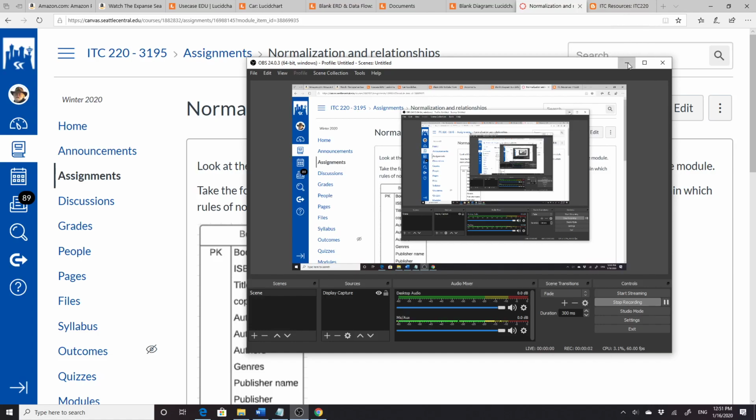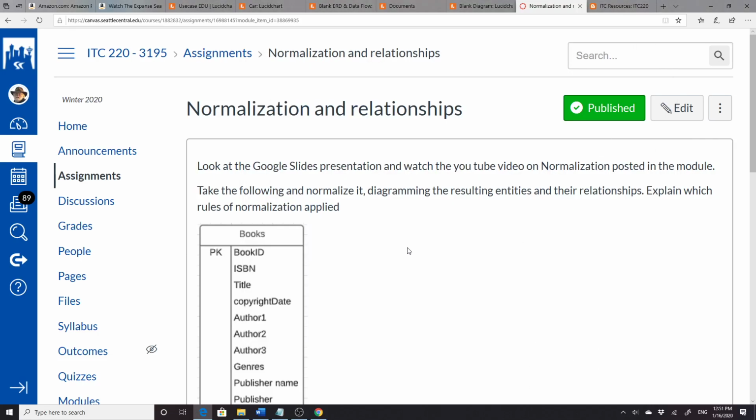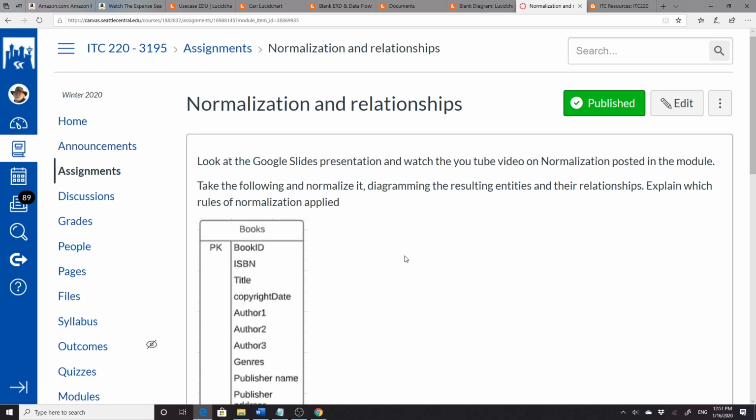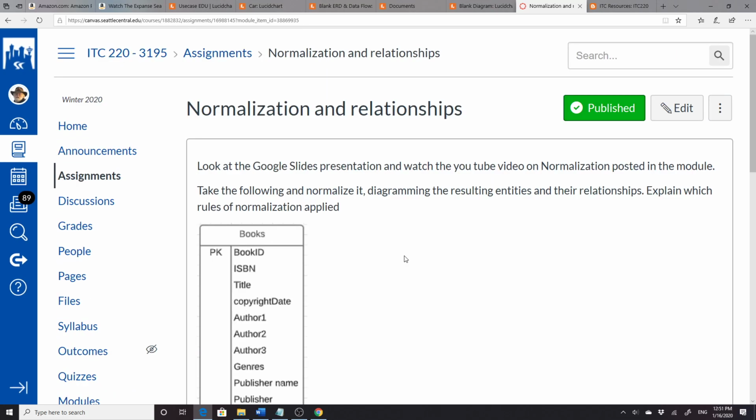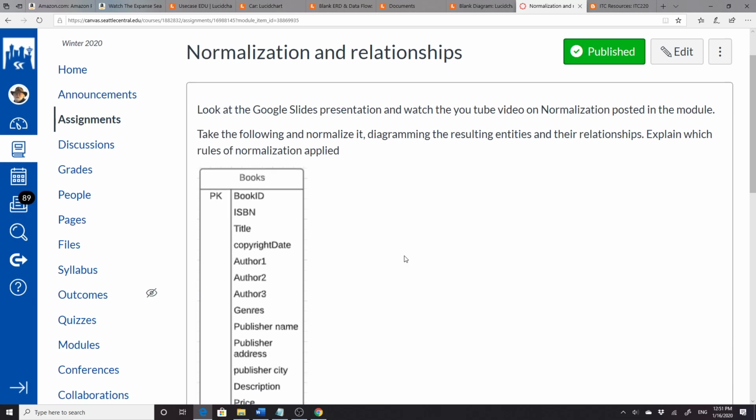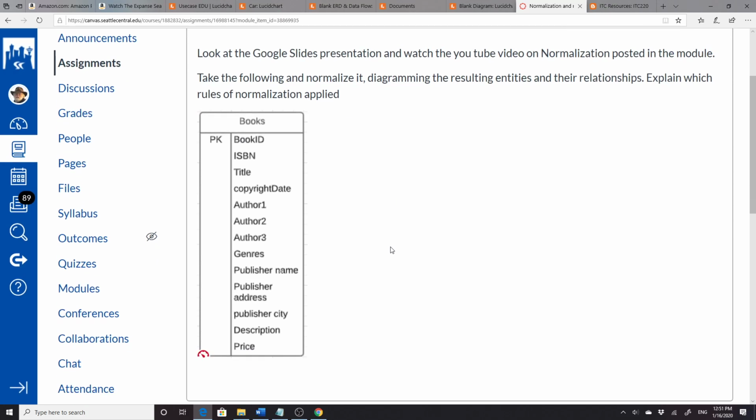Okay, this is going to be for the normalization and relationships assignment. Before you even start this, you should look at the videos on relation theory and normalization and also the Google slides. And also probably read in the book about the part that's relevant to this. There's nothing in the book that's called normalization, but it talks through the structure when it talks about relational